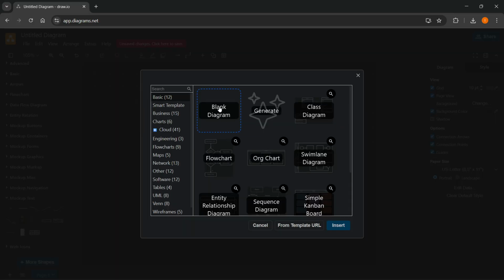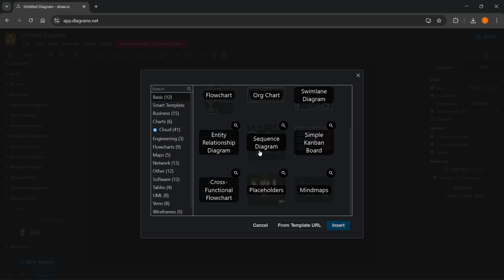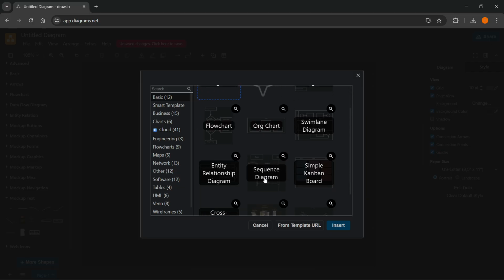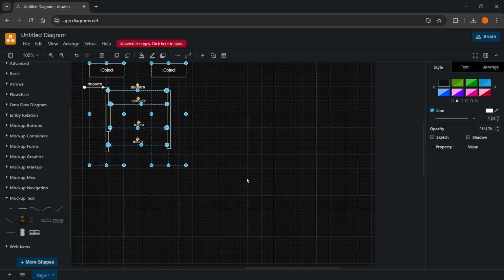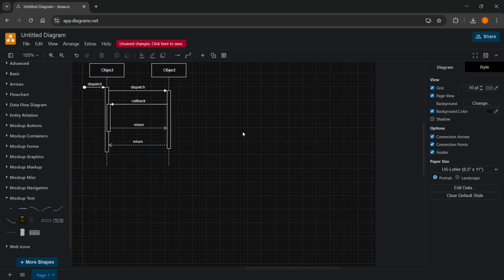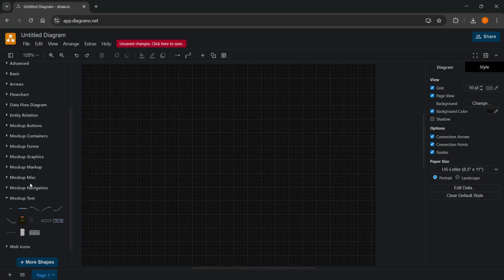And here you can either start by creating your blank diagram or use any of these diagrams over here, such as class diagram, swim lane. You have a bunch of different ones over here, and you can use these as a template. So let's say you want, for example, a sequence diagram. Click on that, and you can just go ahead and insert that on here, and you can edit it however you then like, okay? So that's, of course, the first way of doing it,